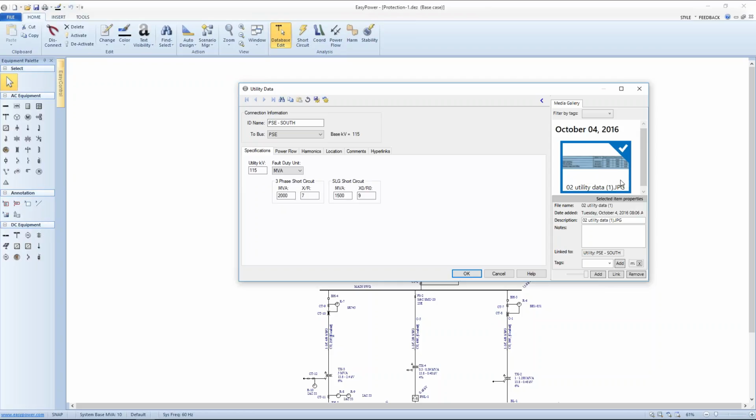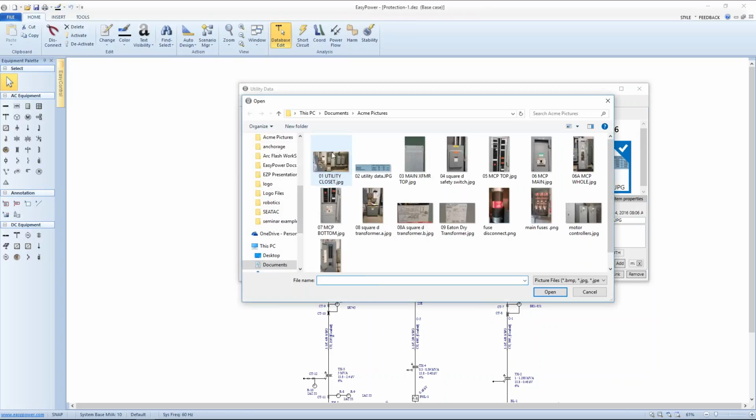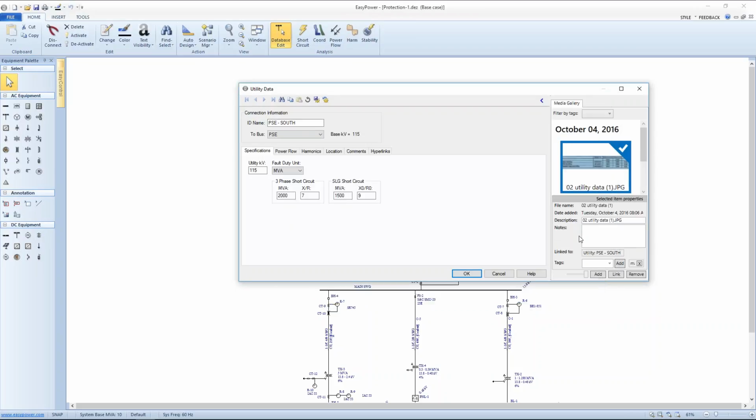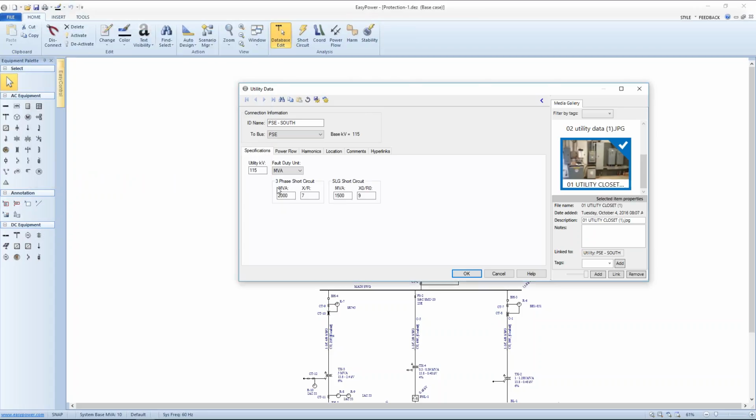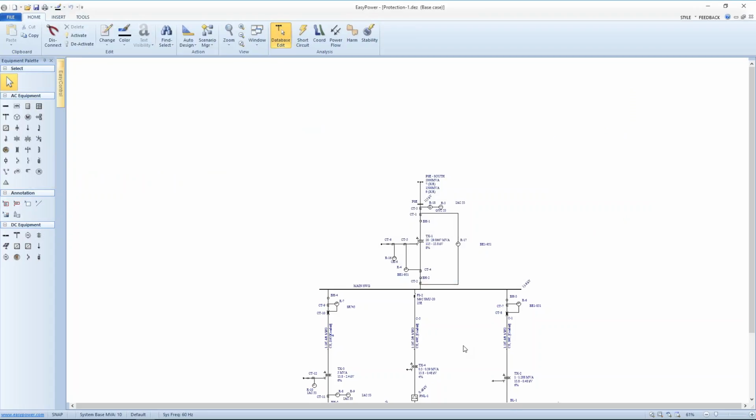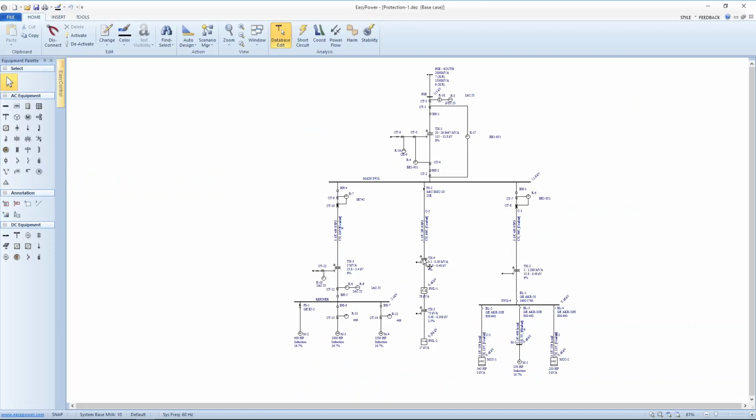Likewise, let's say I wanted to also include an overview of the whole system. So I took a picture of the utility closet, and this gives me a reference to what it is I'm doing for the whole project. In my process, this is a starting point, and I'd want to associate it. So likewise, when we get into each of the elements, let's say a transformer,